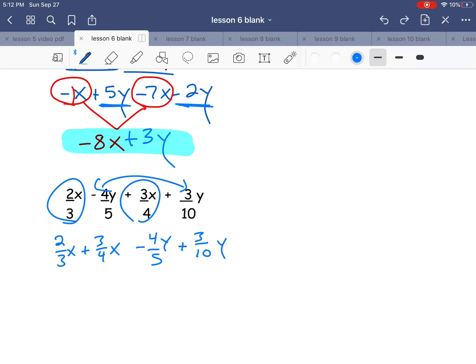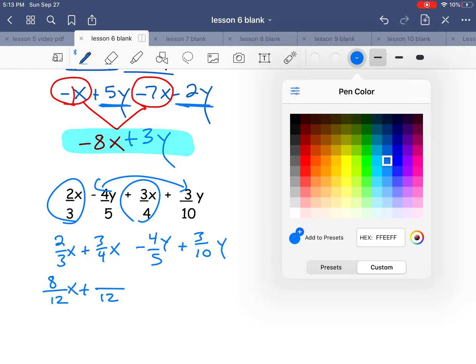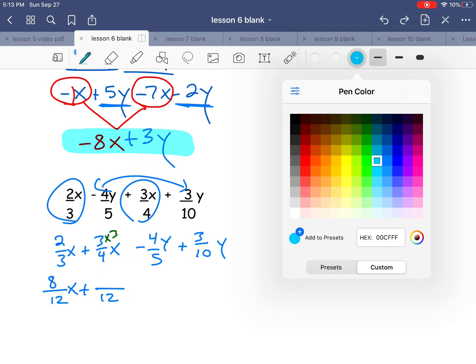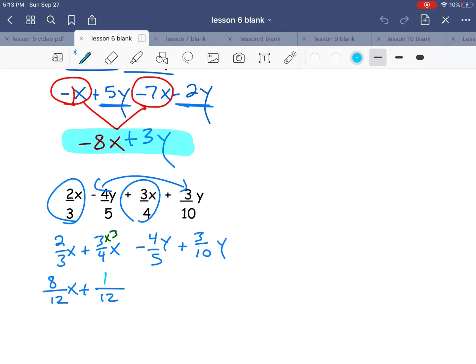So if I just worry about this one here, the x's only first, okay? Only the x's first. Remember last year, fractions, common denominator: times 4 on the bottom, I have to say times 4 on top. 12, how do I go from 4 to 12? Is times 3 on the bottom. So therefore I must do the same thing times 3 on top, right? So I'm going to put that back in the same color. So I have 9x,